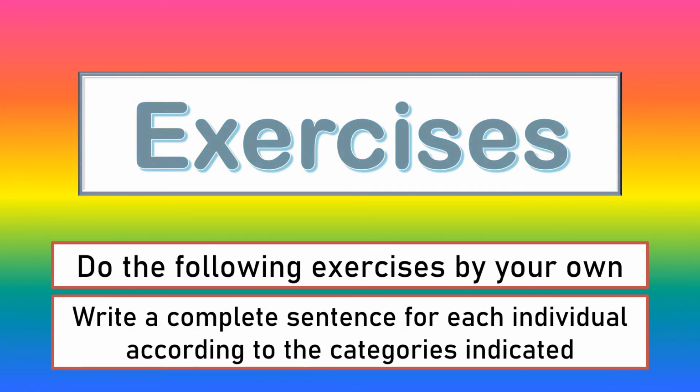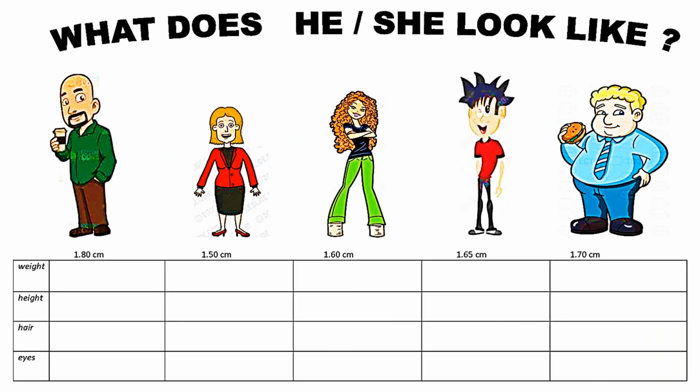Now I'm going to give you some exercises. So do the following exercise by your own. Write a complete sentence for each individual according to the categories indicated. Okay. The photo, what does he or she look like? So you have a man here, and then a woman, and then a girl, and then a boy, and then another man. Then below them is a table which has categories such as weight, height, hair, and eyes. So in your paper or in your notebook, I want you